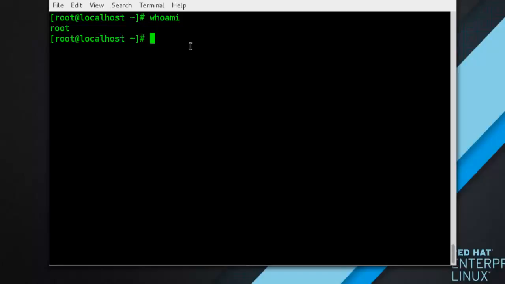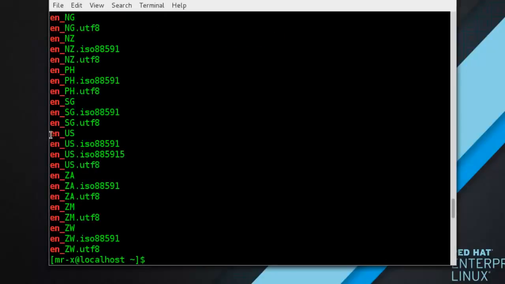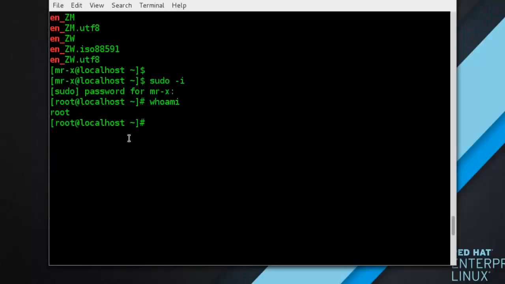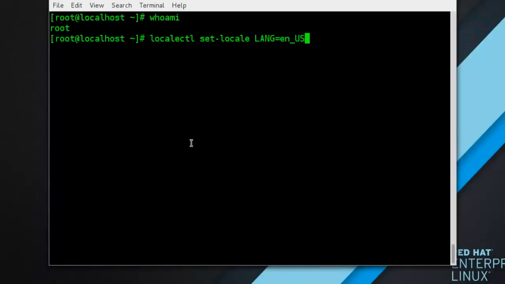So type localectl set-locale LANG=your locale. So we use en_US, and it will set. Now next is the default locale.